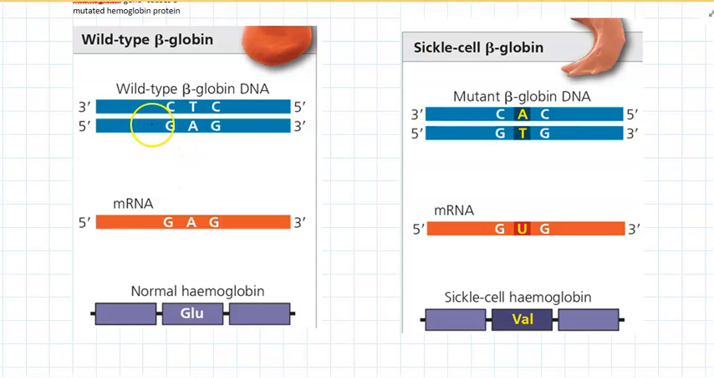So here, the mutation in the normal genetic code is at this exact point here in the gene. So where there should be a GAG, so this is the DNA strand or the coding strand,